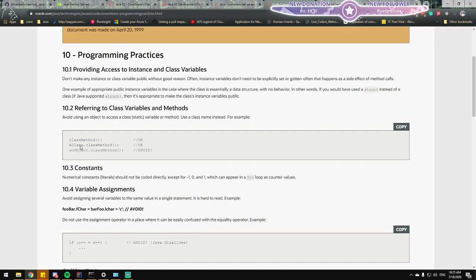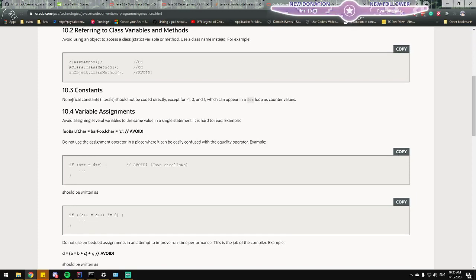Right. I don't think that in C# you can even do that. In Java, apparently it's valid. Constants: numerical constants, literals, should not be coded directly except for -1, 0, and 1, which can appear in a for loop as counter variables.